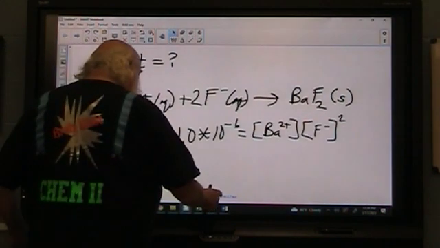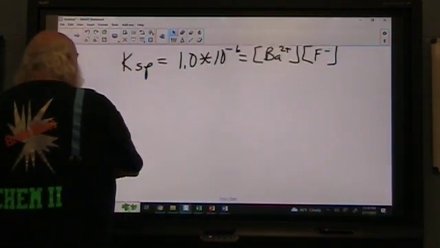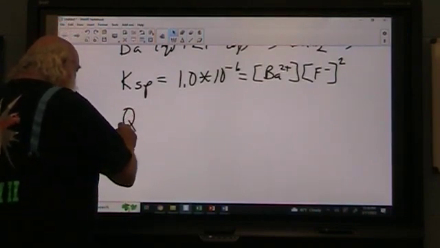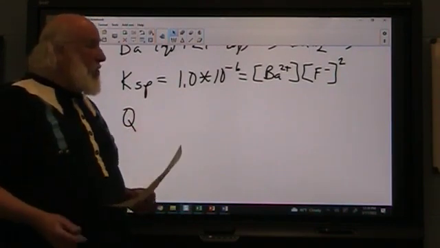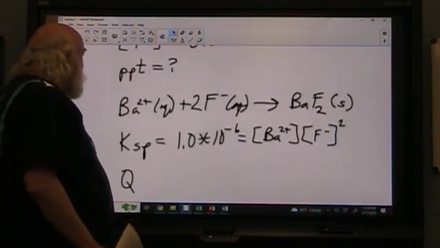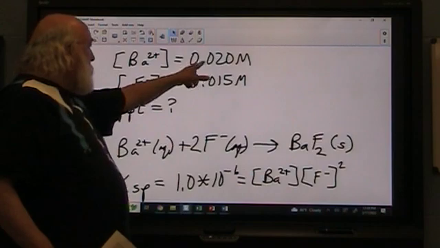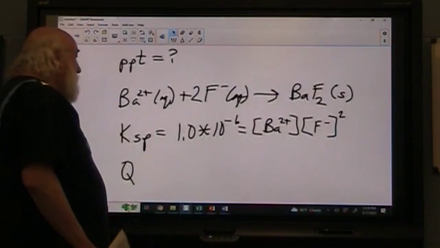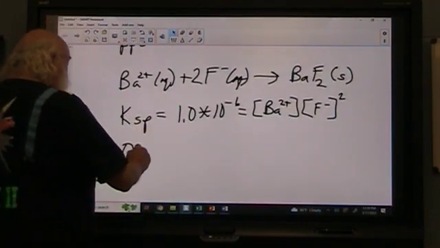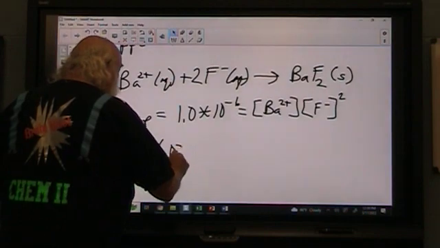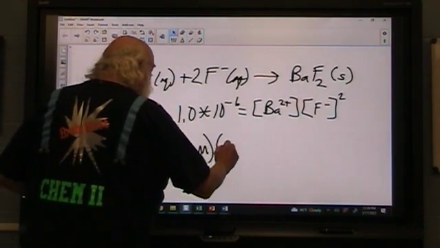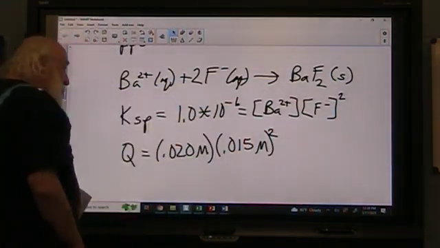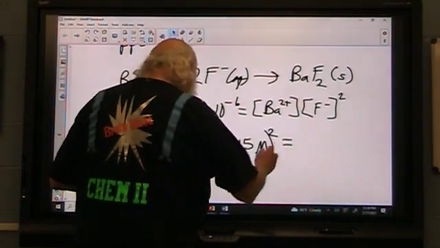Now, what we're going to do at this point is we're going to find the Q value for this. We're going to find the Q value by plugging in the concentrations that were given to us in the problem, 0.020 for this and 0.015 for this. And then we're going to compare it to the 1.0 times 10 to the negative 6. So this can be 0.020 moles per liter here times 0.015 moles per liter quantity squared, because of that exponent 2 there. We multiply this stuff out,